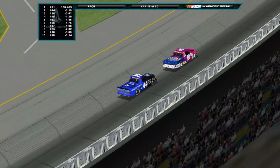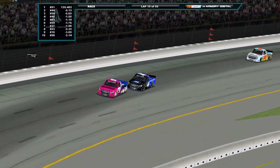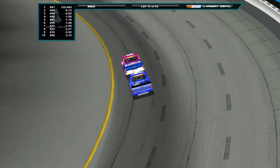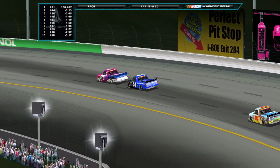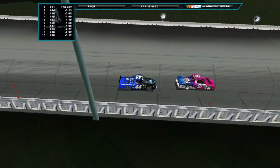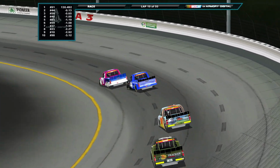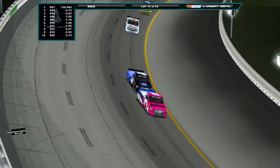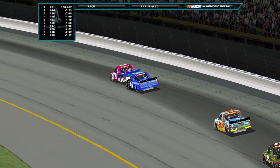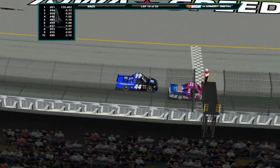One thing right off the bat, compared to the Cup race here last year, it looks like these trucks are a lot more maneuverable. The Cup guys were getting the wall every single lap, and I think that might just be the difference in speed between one of the Cup cars and one of the trucks. These guys are able to keep themselves in check. Yeah, I would agree. And to the maneuverability, it's been interesting to watch some of these guys go down into